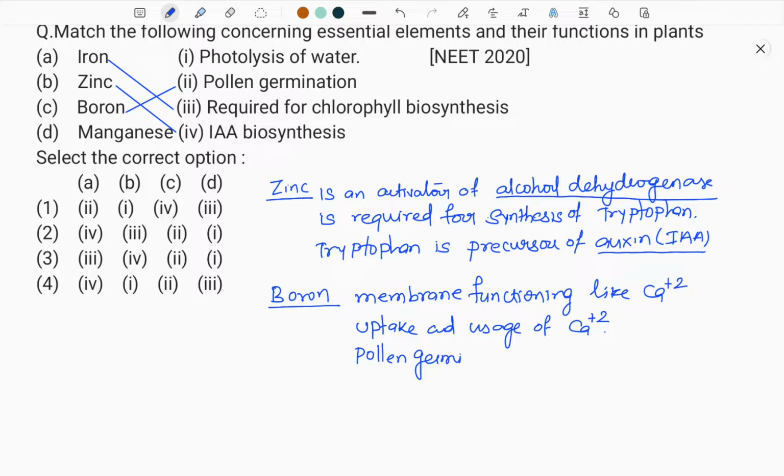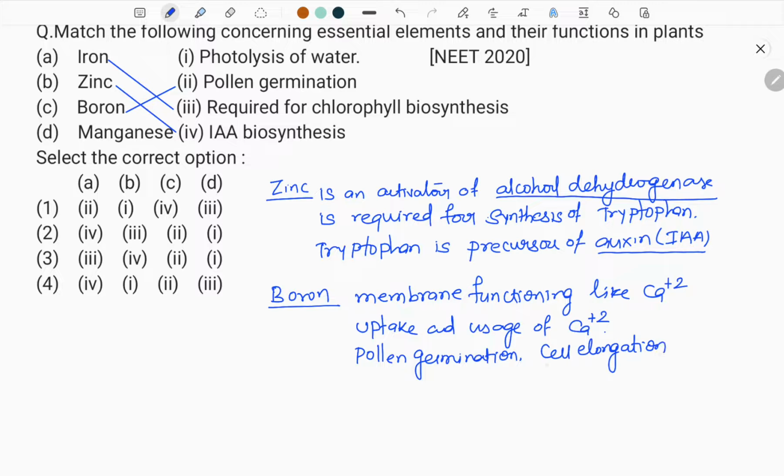We know that pollen is the male gametophyte that gives rise to male gametes along with the pollen tube. So, pollen germination. Some other functions of boron include